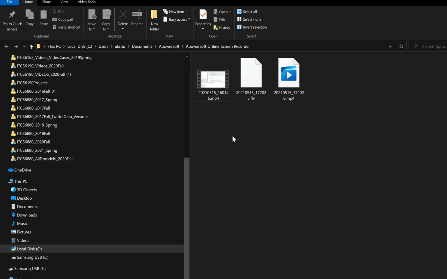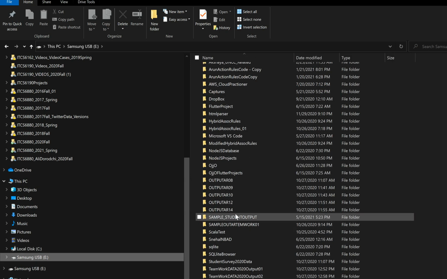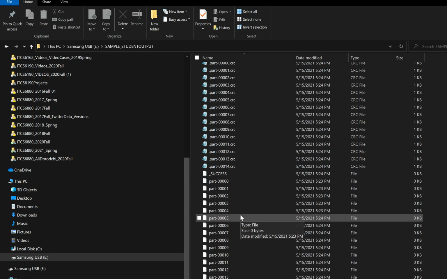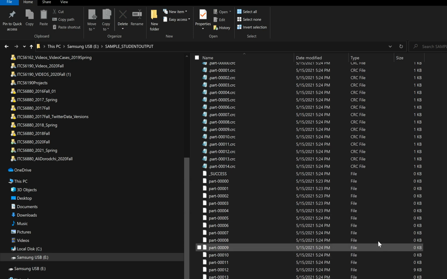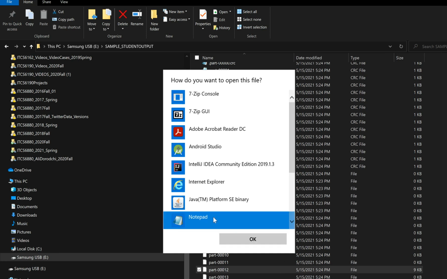Now if I open the location where I saved the output, not all of the files will have the output in them. Since the number of rows in the data file is small, I only got one file with output. So it's this file which has 9 KB of data.